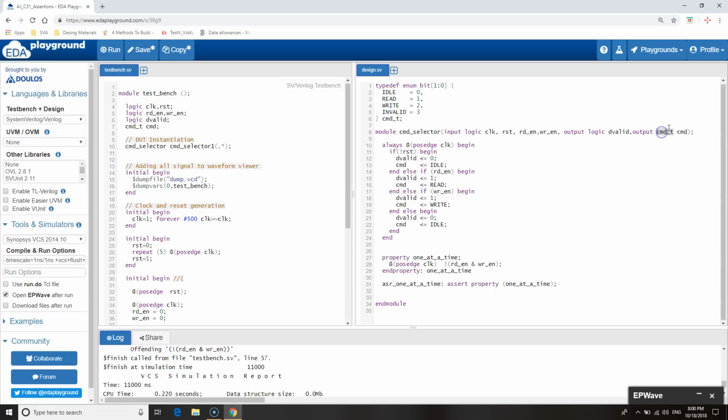So the output command is of type cmd_t, which is an enumeration. It has 4 different values: idle, read, write, and invalid. By default, the output should be in idle state. Whenever read enable is high, in the next cycle the output should be read, and whenever write enable is high, in the next cycle the output should be write, and otherwise if none of them are present, again the output cmd